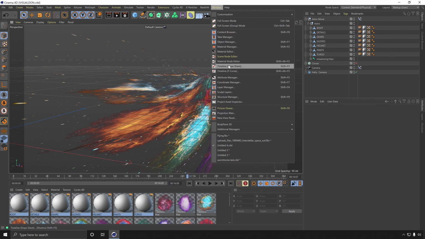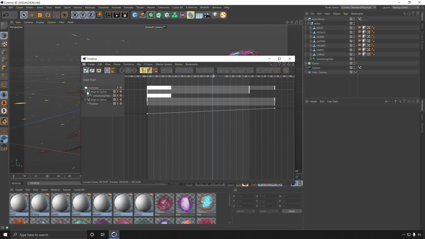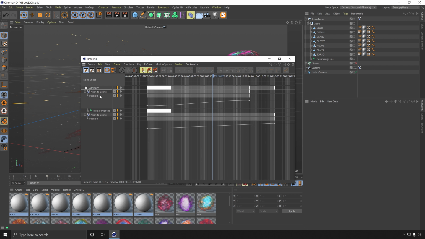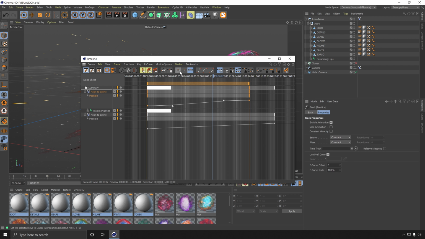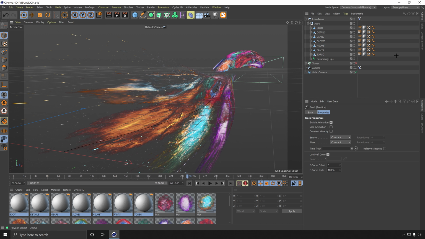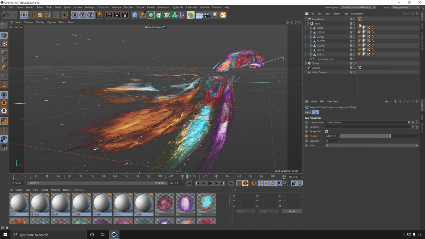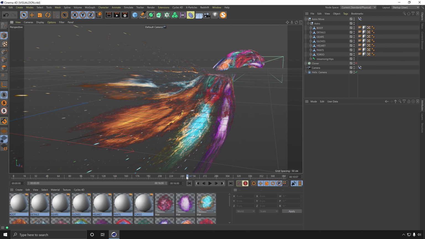Let's go to window and timeline dope sheet, and this new align to spline, we want to make sure that is linear too. We still have the old camera spline, and by the way, we should name these so it's easy to identify. If you click the tab, you can actually go to the basic tab and name it so you know what it's supposed to be. So this is Astronaut. If we scrub back to the beginning,